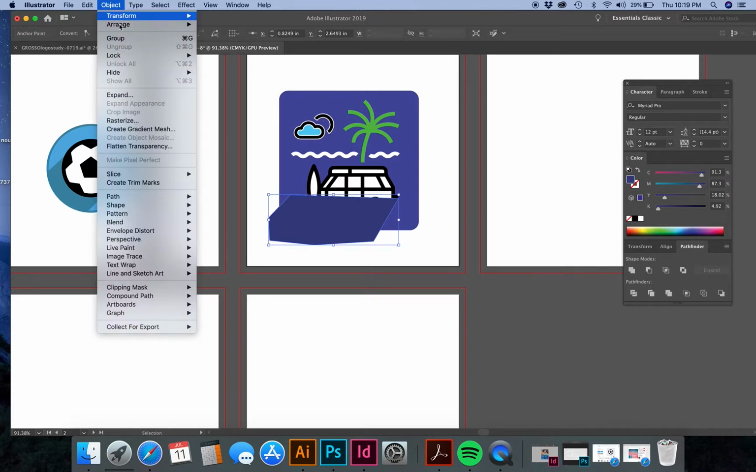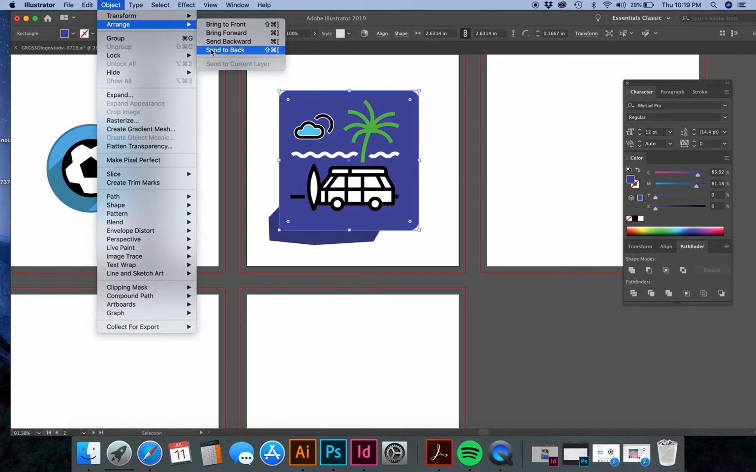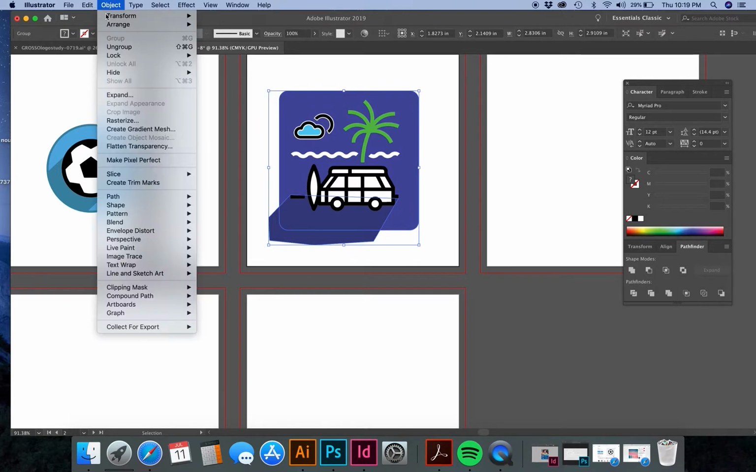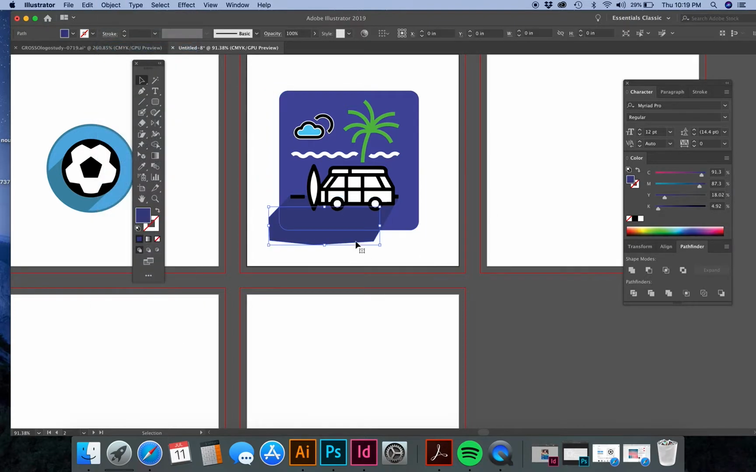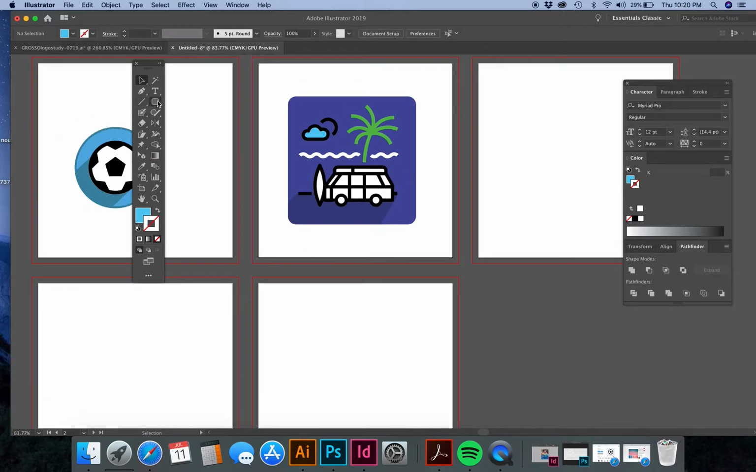And I'm going to go object, arrange, send to back. I'm going to take this, object, arrange, send to back. I take this, select, hold shift, select this. I know I'm going really fast, but it's okay. I'm going to hit divide, object, ungroup, take this, and you've got a shadow, right? I don't like this stroke on that, so I'm going to take this off. But you can see how you have fun, and that's how you're going to be doing some icons, and I want you to